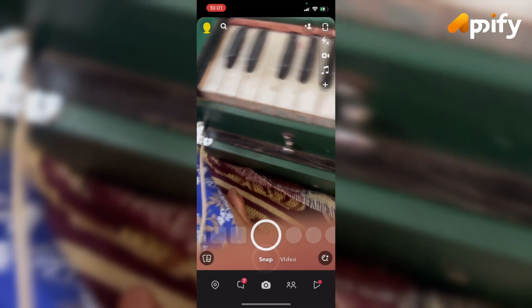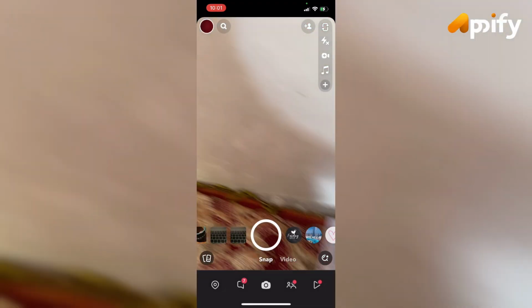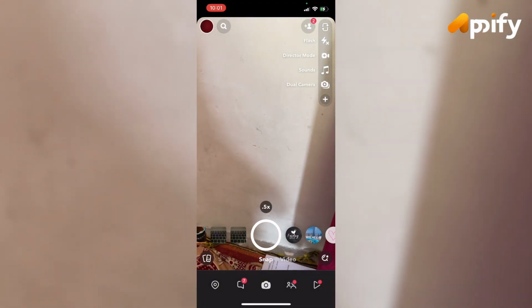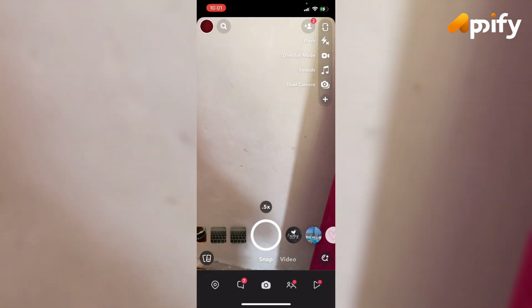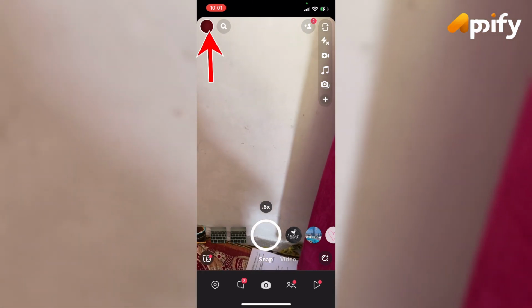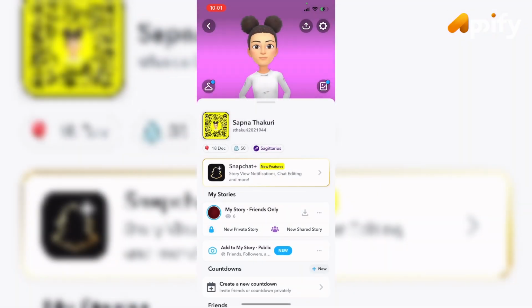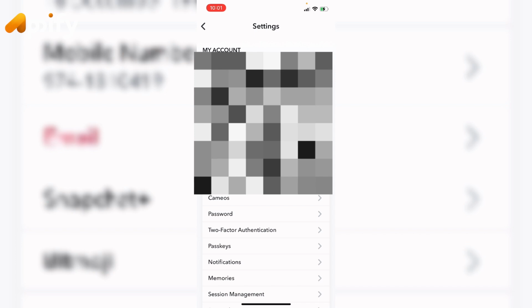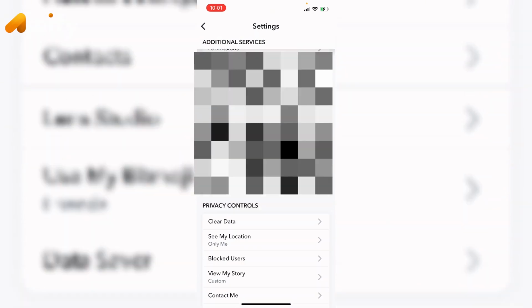First of all, open Snapchat and make sure you have the latest version of Snapchat, and here on the top left corner you can see your profile. Tap on it and you can see the settings icon on the top right corner. Tap on it, scroll all the way